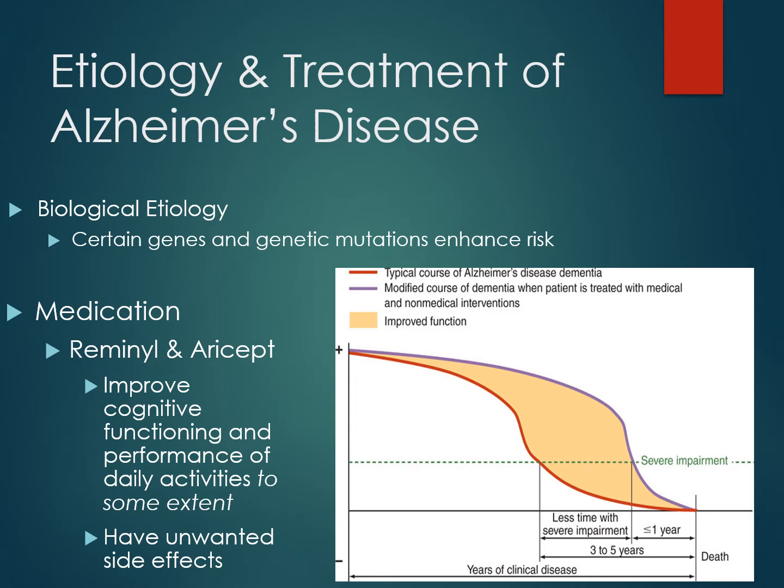You can see the benefit of taking medication from this graph. The purple line indicates people who take medication, and the red line indicates people who don't. People who take medication have about 3 or 4 more good years than people who do not take medication before they become severely impaired. So medication is recommended because it can add to the length of time that the individual can lead a better life.